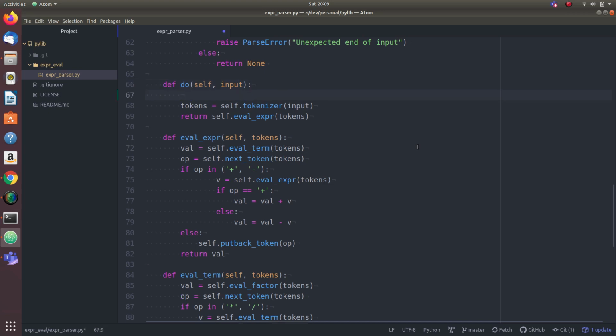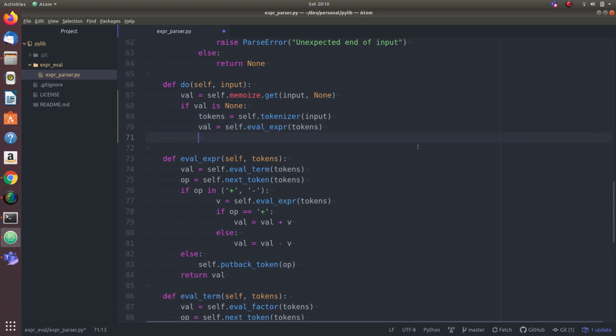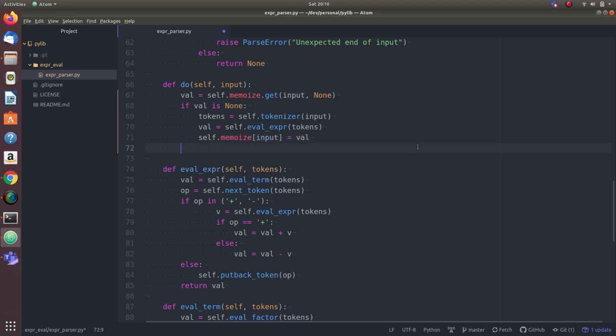So what we will do is simply look up if there is a matching result in the memoization map, and if val is none, then we will tokenize and evaluate it, and then store the value for the next time and then return the value.